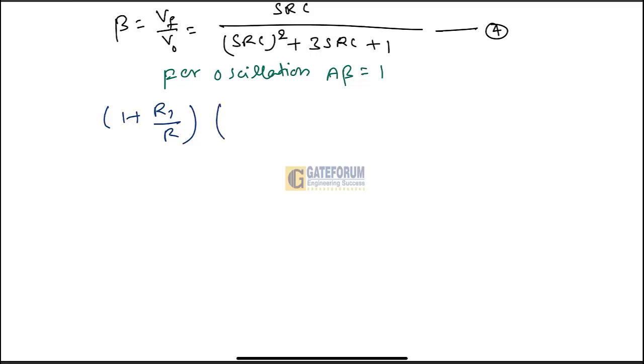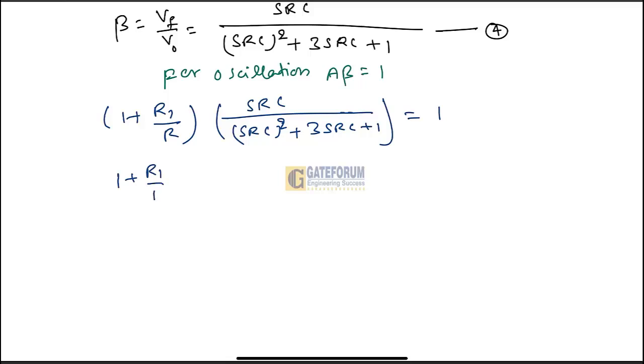So this gives SRC divided by SRC square plus 3SRC plus 1, and this is equal to 1. Now if we do the cross multiplication, we will get